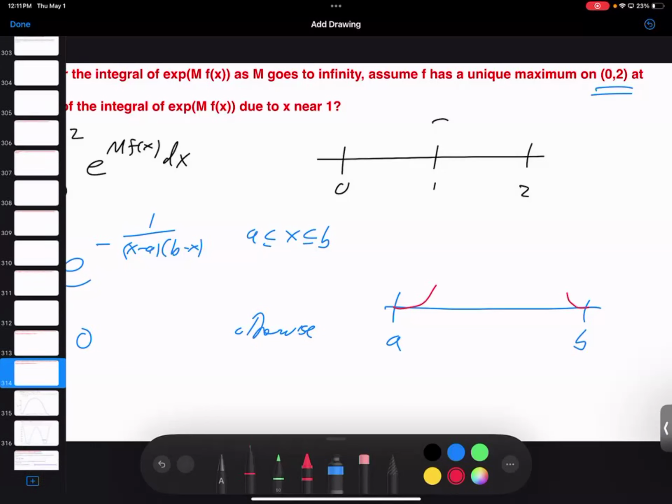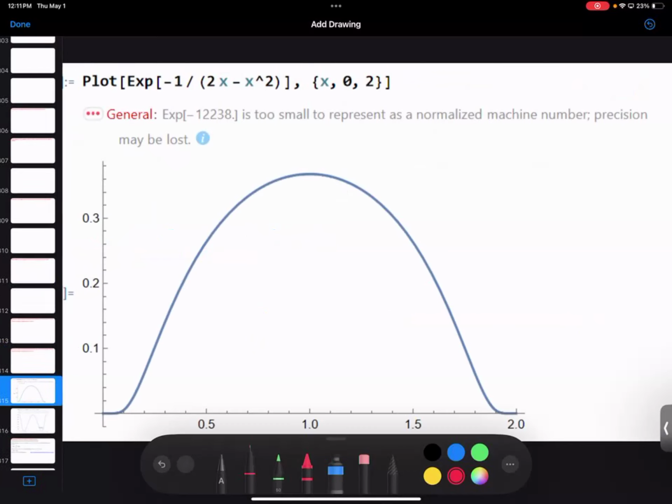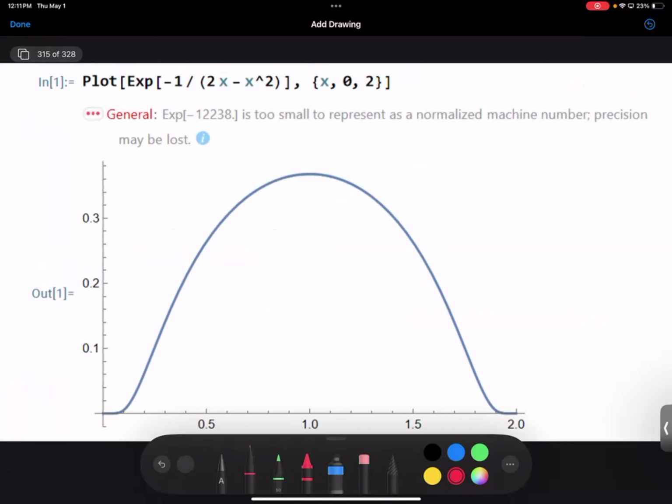I can tweak it, right? Once we have something like this, we can tweak it without too much trouble. This is a plot of what it looks like. I love the warning Mathematica gives, really, please don't make me plot something like this. It's just so close to 0 down here. It's just crunching down, and Mathematica is saying stop.